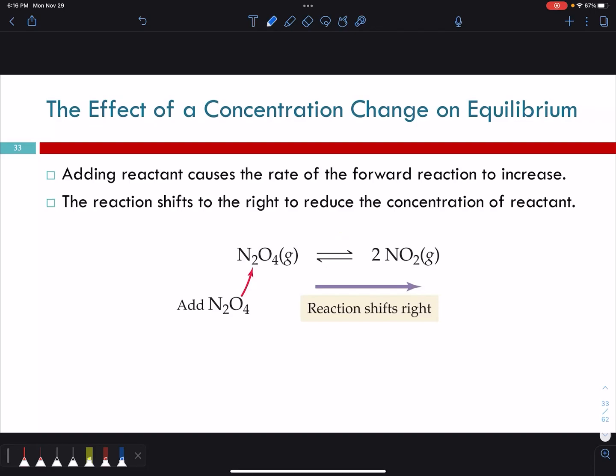What's the top one here? So if we increase this forward reaction rate, because we've added more reactants, more collisions can happen because the concentration's higher. The rate speeds up, and then it will slow down eventually so that we come back to a constant state. So you're essentially breaking the equilibrium.